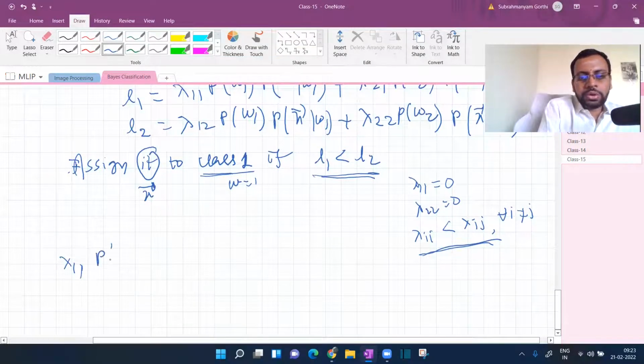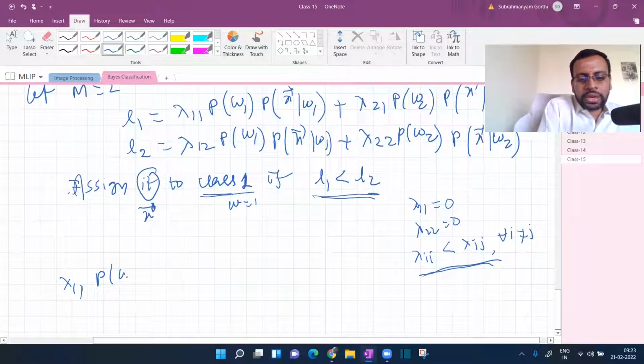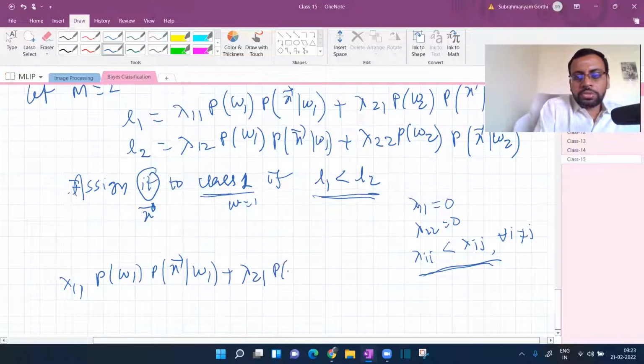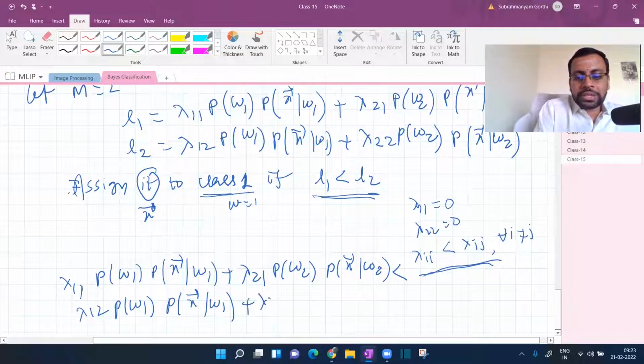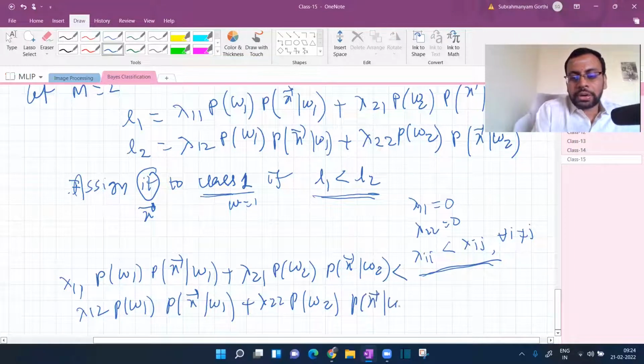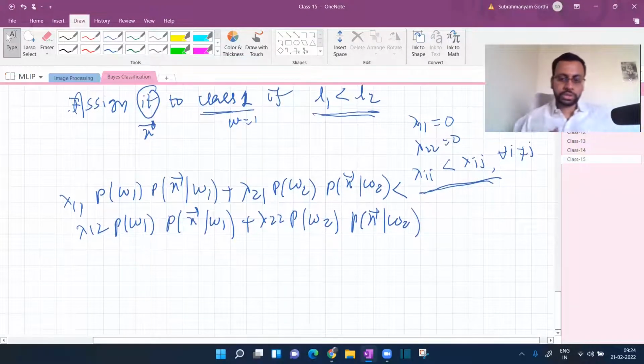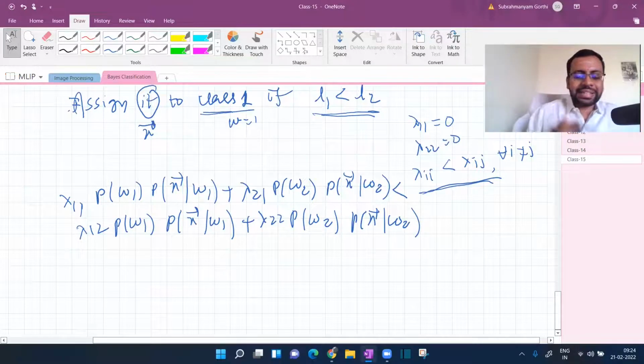Lambda 11 into probability of omega 1 into probability of x bar given omega 1 plus lambda 21 into probability of omega 2 into probability of x bar given omega 2 is less than lambda 12 into probability of omega 1 into probability of x bar given omega 1 plus lambda 22 into probability of omega 2 into probability of x bar given omega 2. Right? Now, let us collect terms with